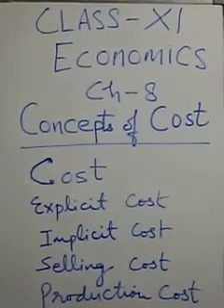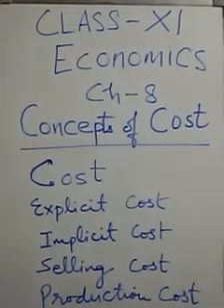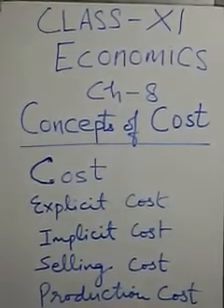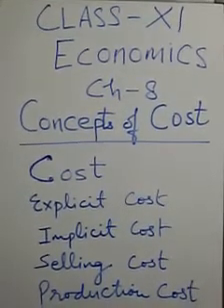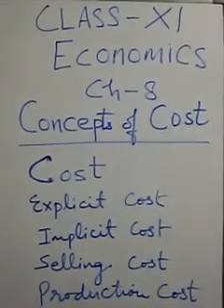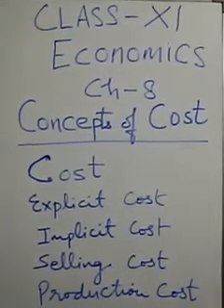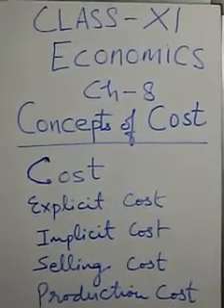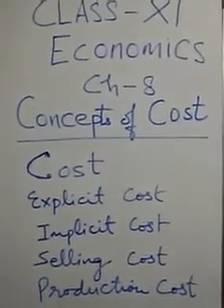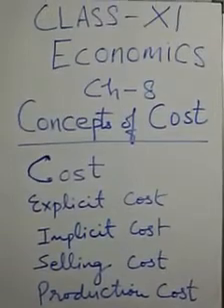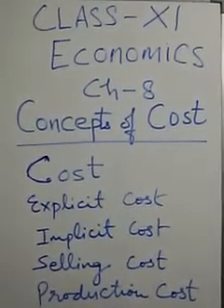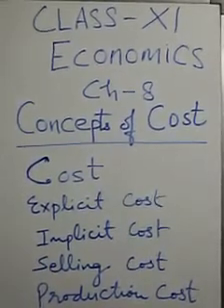Now there are various types of cost which I have mentioned on my whiteboard, and we are going to discuss them one by one. So starting with explicit cost. Students, explicit cost is the opportunity cost of purchasing an input from the market. It is measured in terms of cash payment made by the producer to others for the purchase of inputs. The best example for explicit cost is wages paid to the worker, payment of electricity bill and lots more.